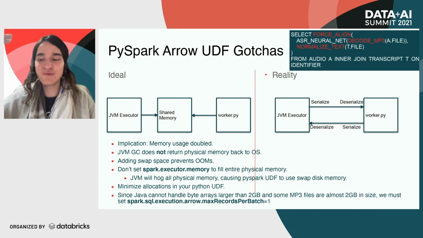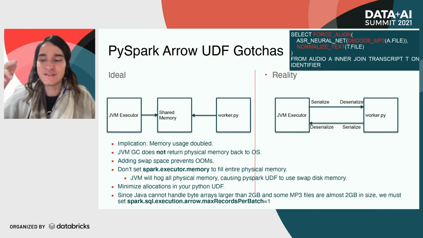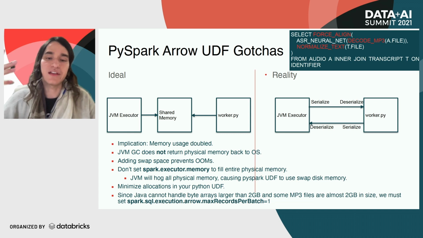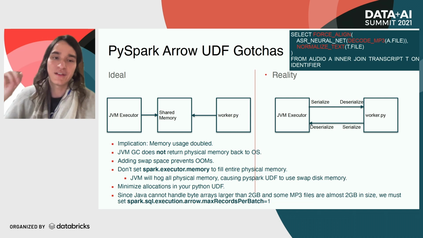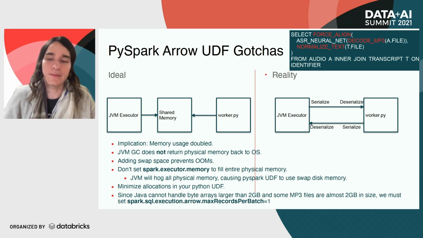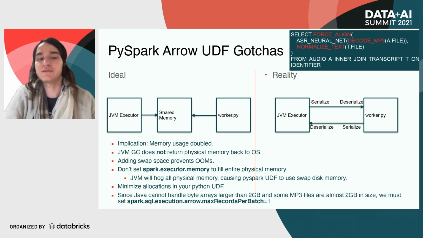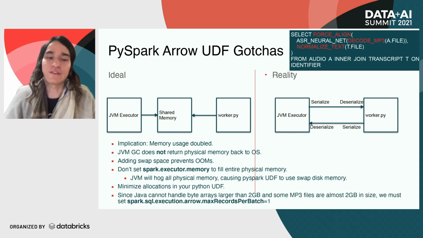So effectively what that means is that you need to be very smart with memory usage if you're going to use Arrow UDFs. That's the short of it. Swap space helps. And just watch out, garbage collection in Java does not return physical pages to memory. So don't be surprised if the first time you make a pipeline, the memory loads in Python are very slow. But we sure know what the problem is.